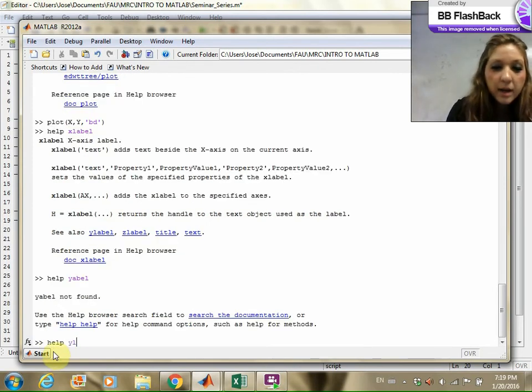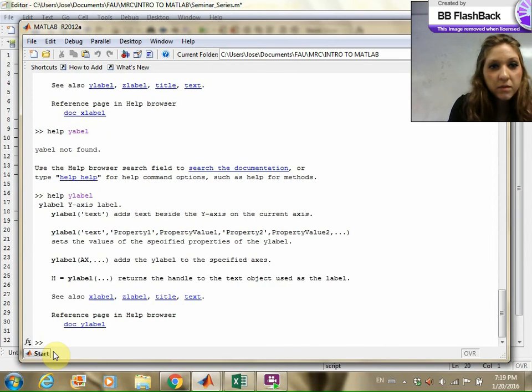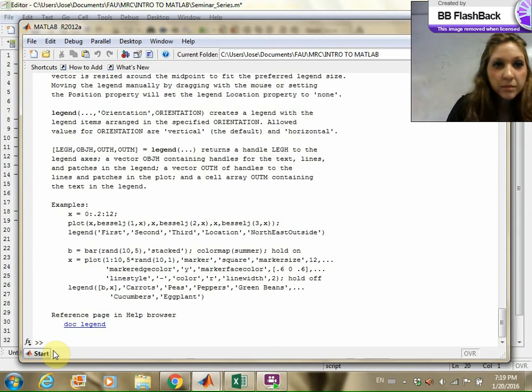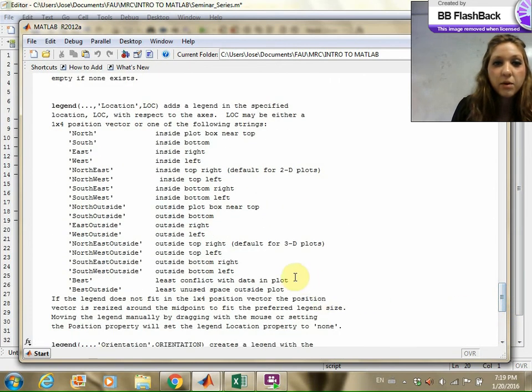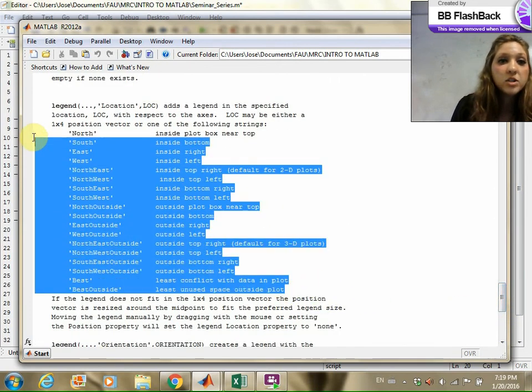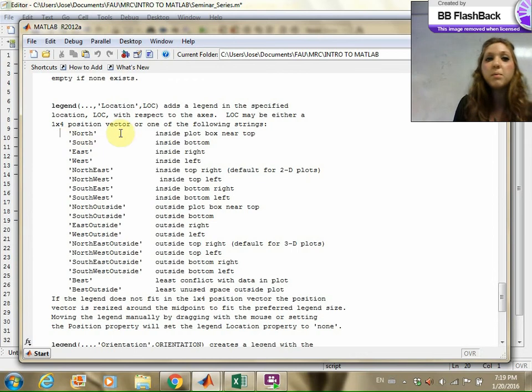Help y label, so that will give you more information on that. And then you can also create a legend, help legend, and this is really cool because you can have it allocate where you want the legend to be, so you can place it in the top left corner, the top right corner, or even outside the plot. And you do this by